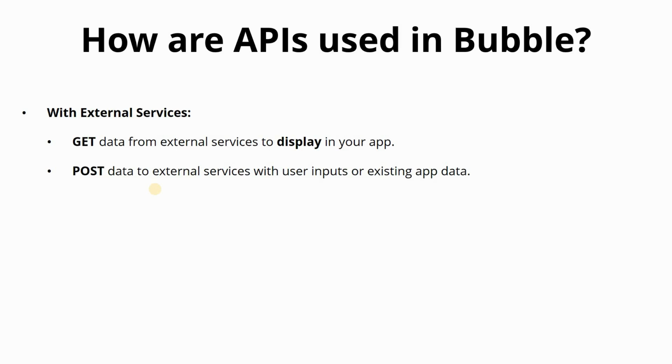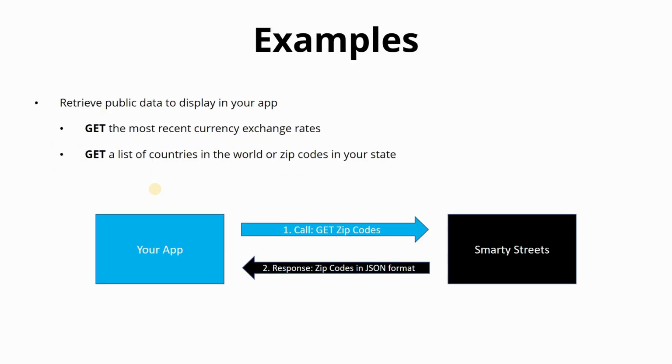So let's look at some more examples. With GET calls, you can retrieve public data to display in your app. You can also retrieve private data, but with these examples, I'm just going to use open API examples where you don't need any kind of authorization. So you can do things like get the most recent currency exchange rates. That's an API that's available out there. Or again, like I showed you before, you can get a list of countries in the world